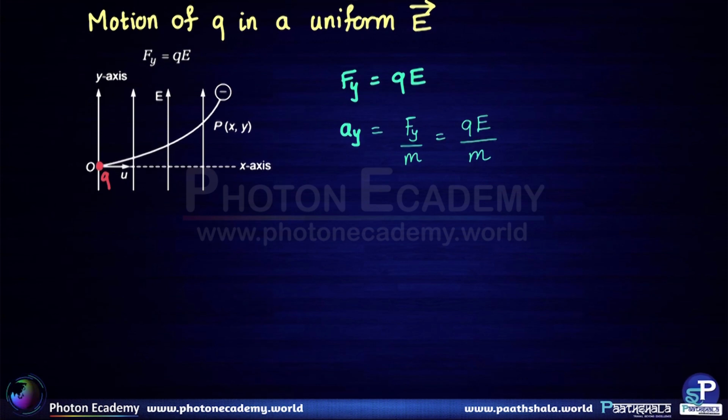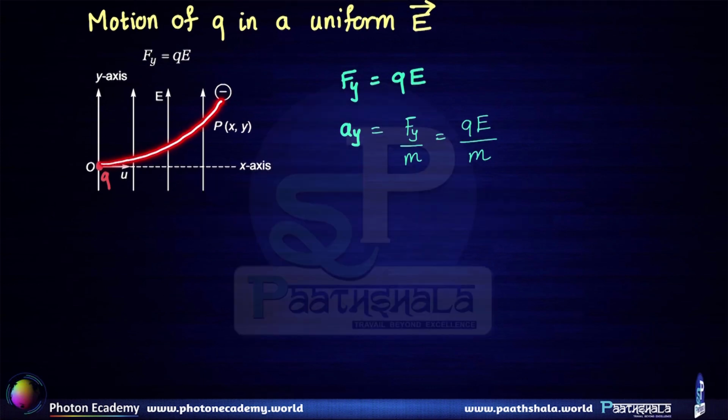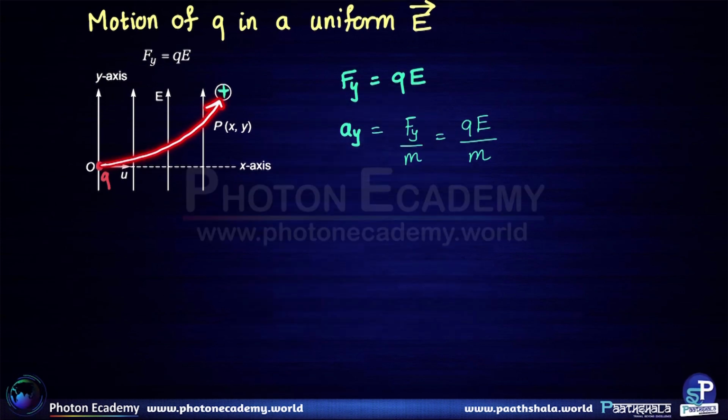Now because of this acceleration, the particle will tend to move somewhat along the y sense as well. So if we see, this is the trajectory of the motion of the particle. We are assuming the particle to be positively charged and not negatively charged. So this is positive actually. And the particle has y component of velocity and the x component of velocity u remains as it is. So if we were to actually write down the equation of the trajectory of the particle, then we would rather